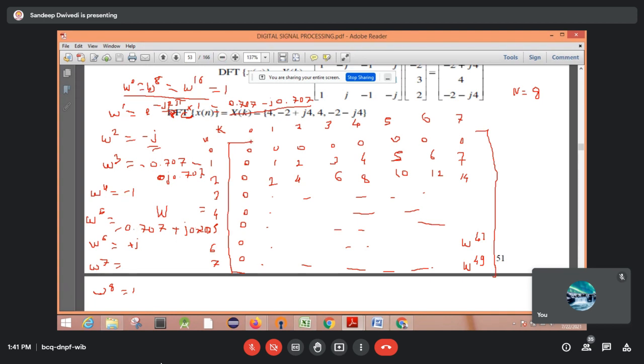Then you need to use this periodicity. And in 7 also you can remember this combination. See here, W raised to power 0 is 1, after that one sequence you leave. After that there is j, minus j, then in 4 there is -1. Then in 6 there is plus j. And in all the rest there is the combination of 0.707. So here minus 0.707, then both negative, then one positive, and in W raised to power 7 both the terms are positive. Here one is negative, first negative, second positive; here both terms are positive.